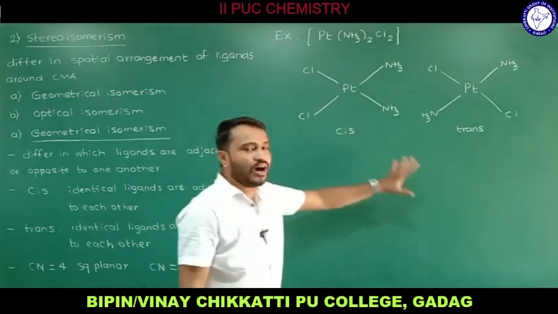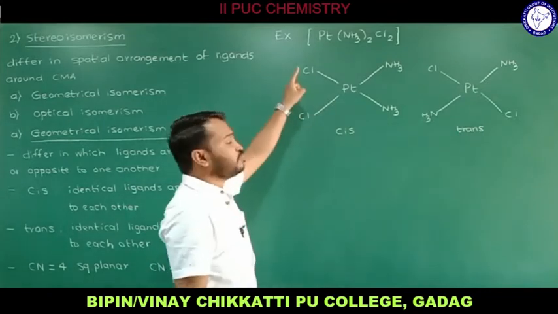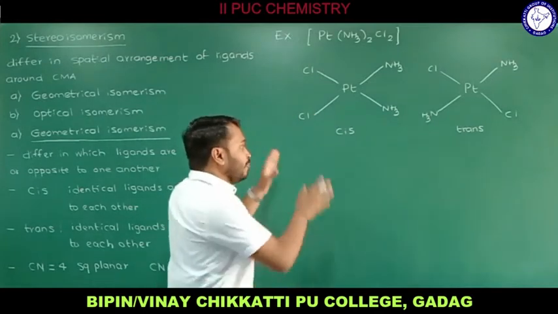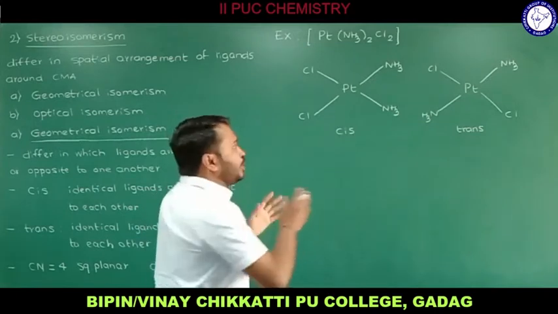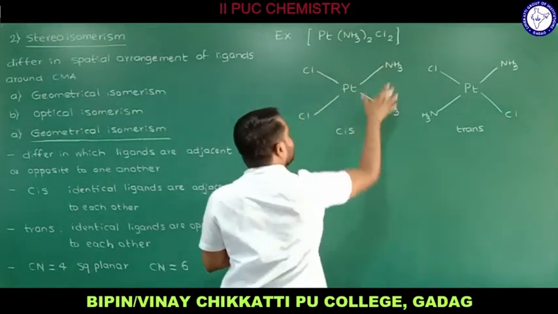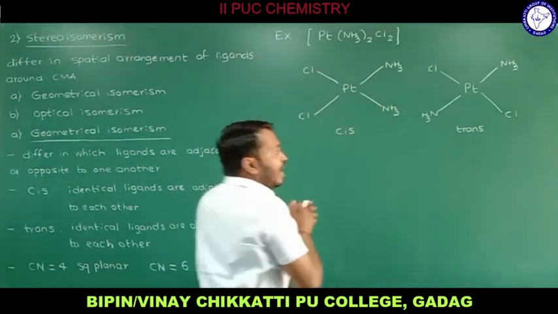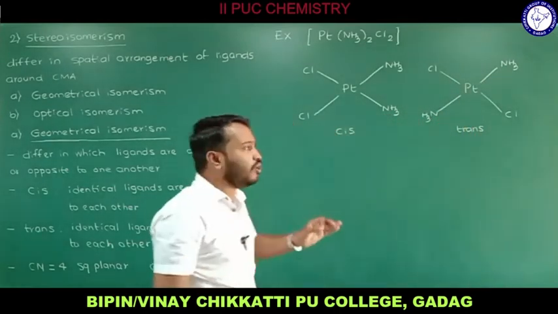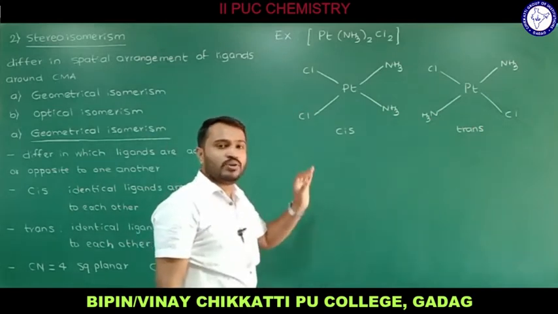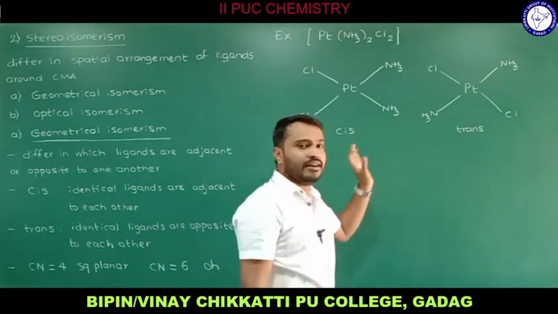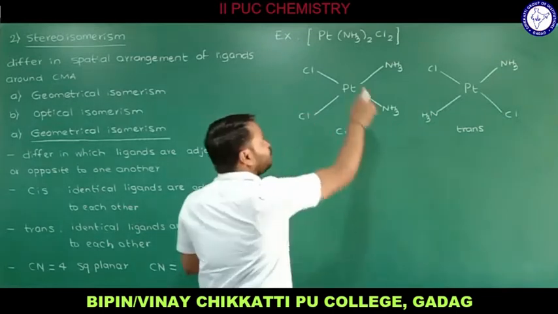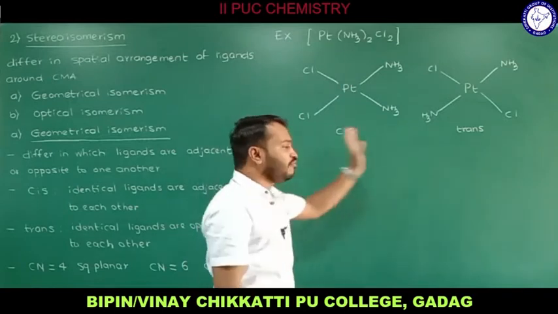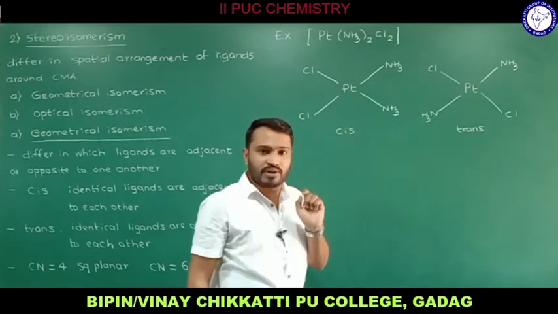So these two are geometrical isomers of this particular compound, or cis-trans isomers of this compound. Here in cis, identical ligands are on the same side. You can write NH3 here, Cl here, anyway it is the same compound. And you can write Cl here, NH3 here, the same compound it is. But the rule has to be followed. In cis, identical ligands will be adjacent. In trans, identical ligands will be exactly opposite. Since we have 4 ligands, the coordination number will be 4, a square planar complex. Therefore, I have drawn the geometry as a square planar.